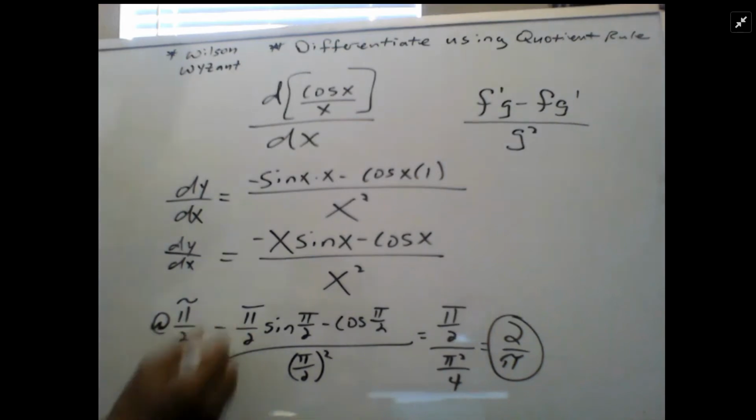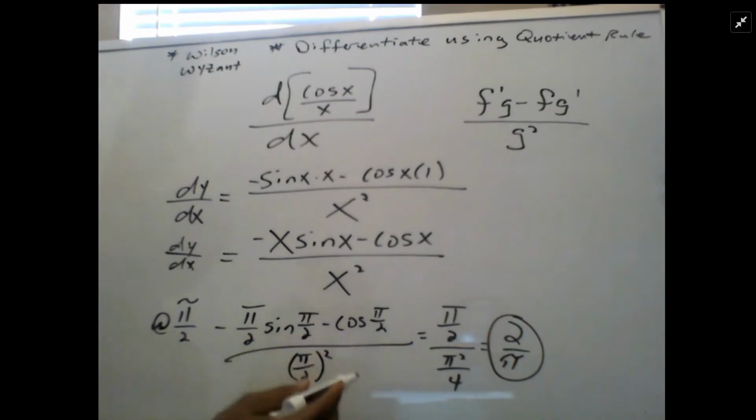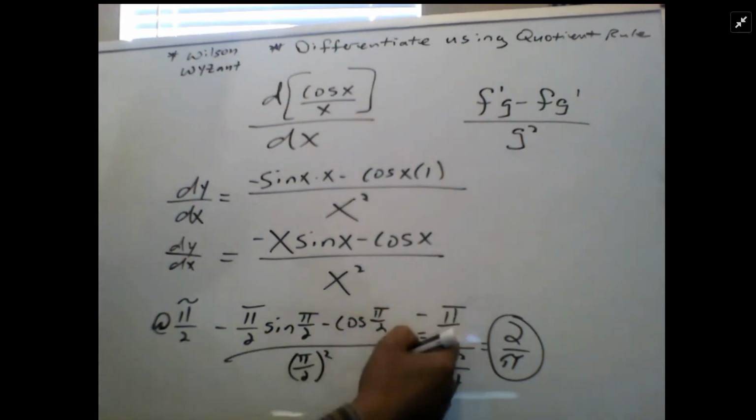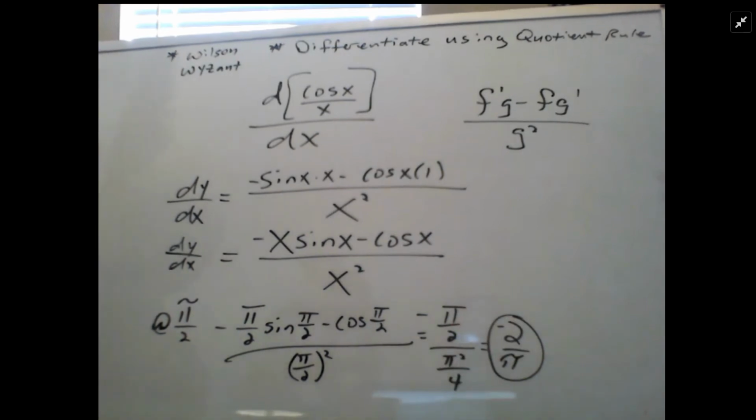So we plug in pi over 2, that would be negative pi over 2 times sine pi over 2 minus cosine pi over 2. Since sine pi over 2 is 1, I get negative pi over 2 times 1, and cosine pi over 2 is 0, over pi over 2 squared. So how about a negative pi over 2 over pi squared over 4? Flipping it around, I have a slope of a line would be negative 2 over pi. For instance, if I decide to do that slope, I would be going downways a little bit on that particular